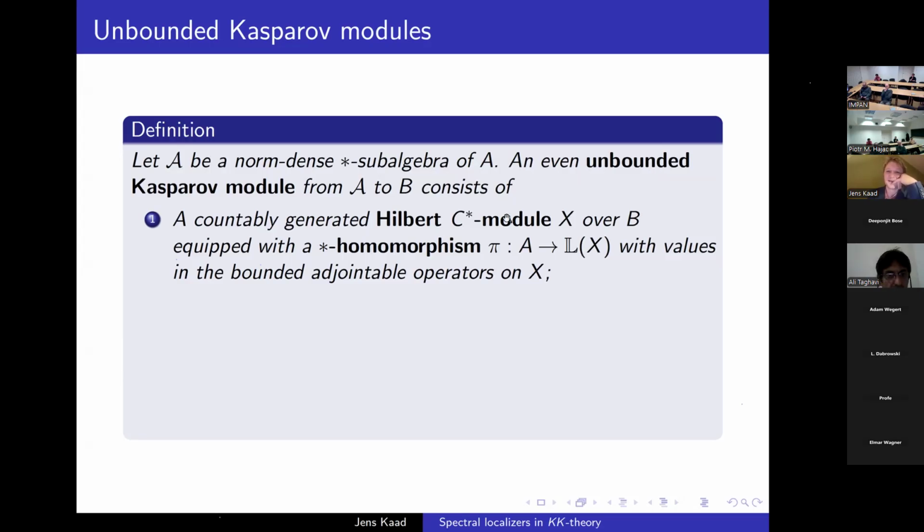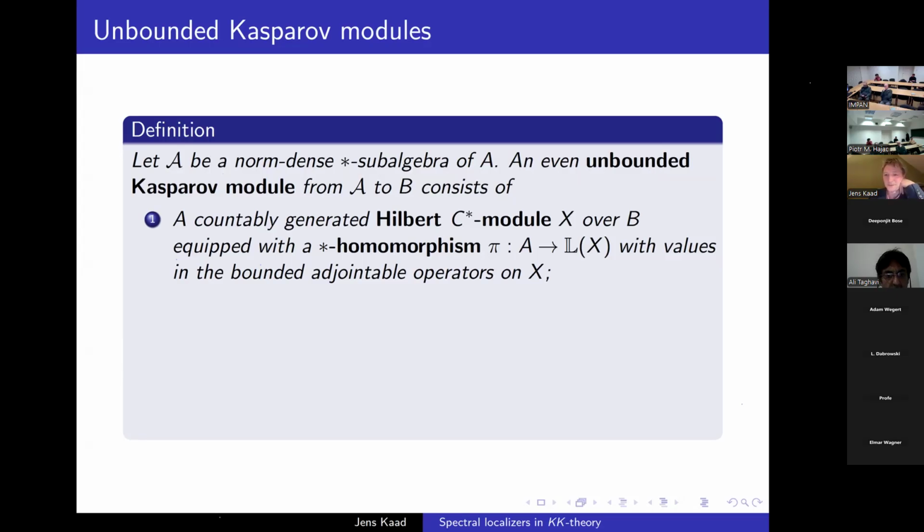And then, what I've been saying so far can be summarized by just saying capital X is a C-star correspondence from capital A to capital B. And then there's an extra little technical detail. My Hilbert C-star module has to be countably generated. So that's the analog of being separable for Hilbert C-star modules.